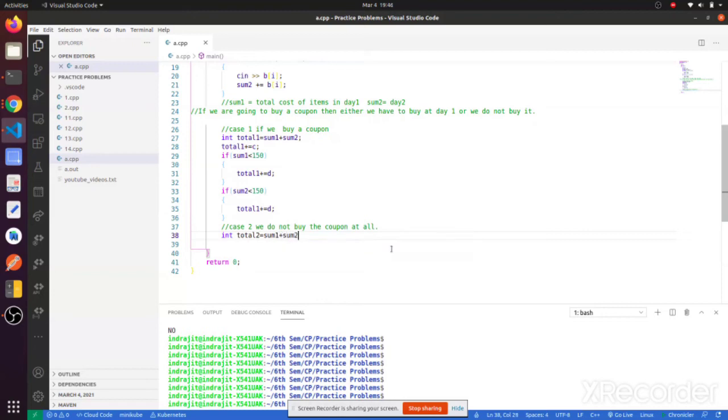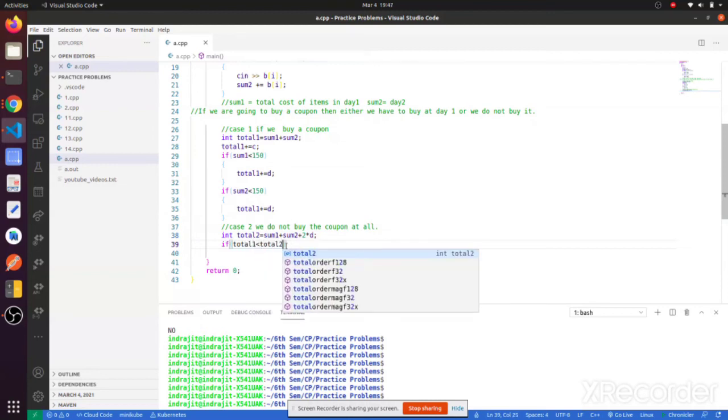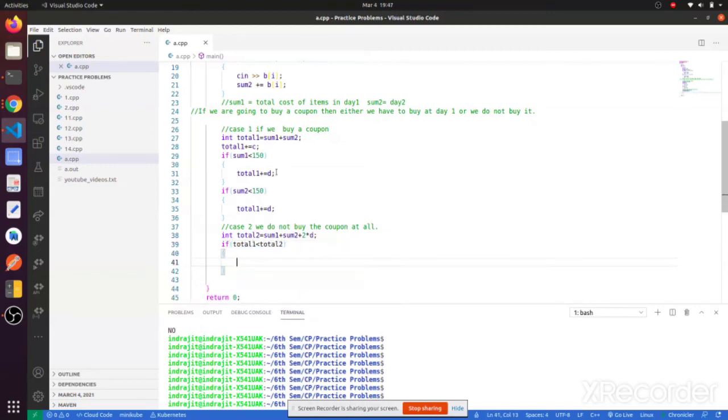Here I made a mistake. When we buy the coupon, this is our total cost, and in case 2 we do not buy the coupon, so our total cost, int total2, will be sum1 plus sum2 plus 2 into D. Whatever our order amount, we have to pay the delivery charge 2 times, for sum1 and sum2. So I have made it 2 into D.